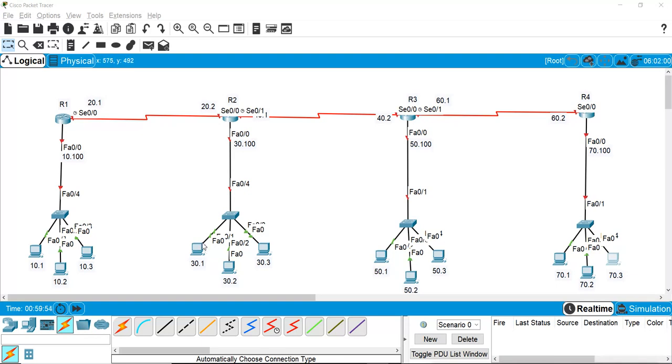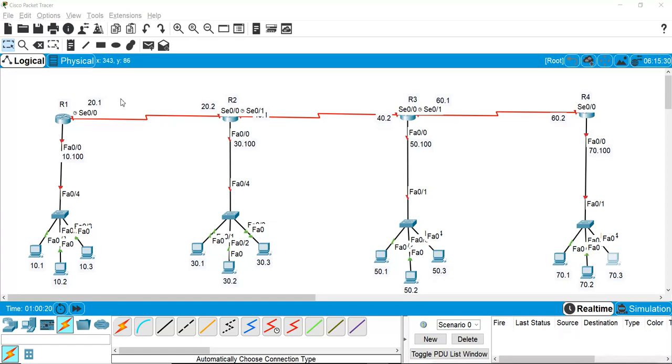Now if they want to connect to this other network, then what do they need? They need a connection from their network to the other network. They need a router to connect them. In a real scenario, we would have a WAN connection. Here we are not having a WAN connection, so what did we do? We connected the cable directly from one serial port of one router to the serial port of the other router. So first we'll assign the IP addresses.